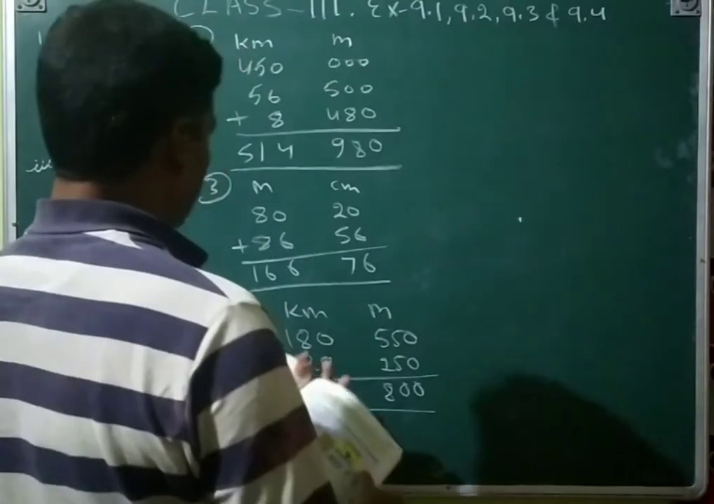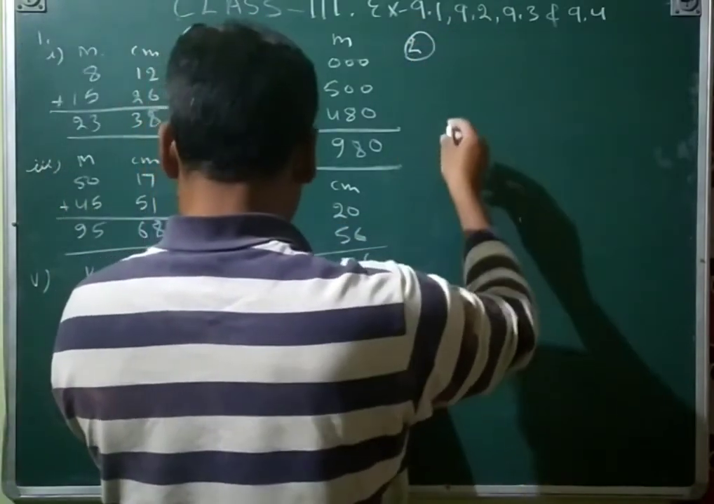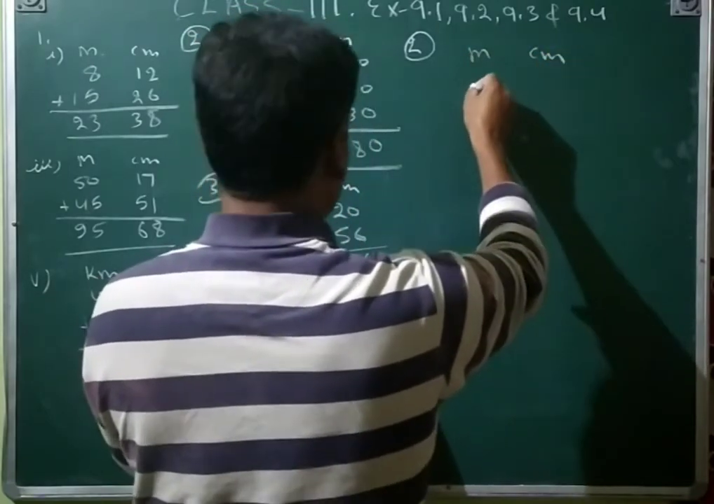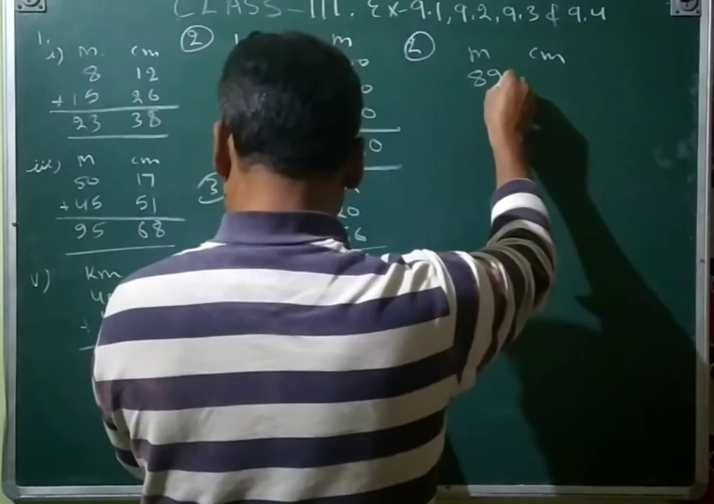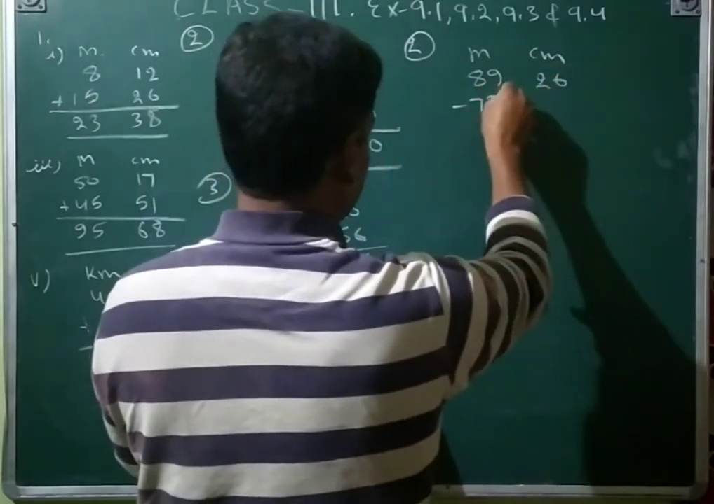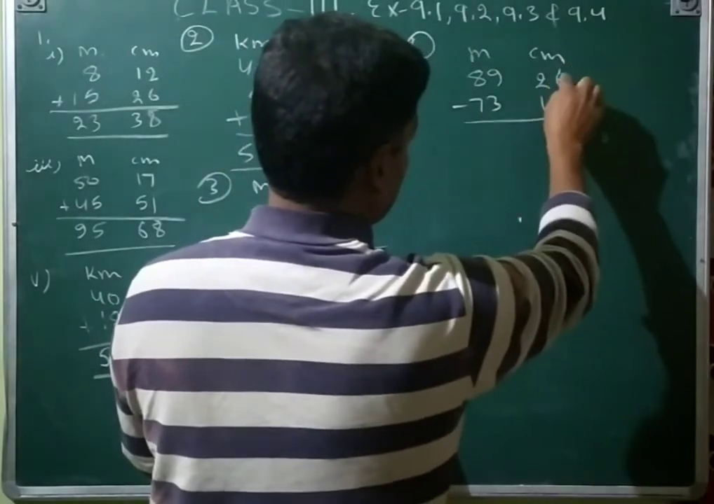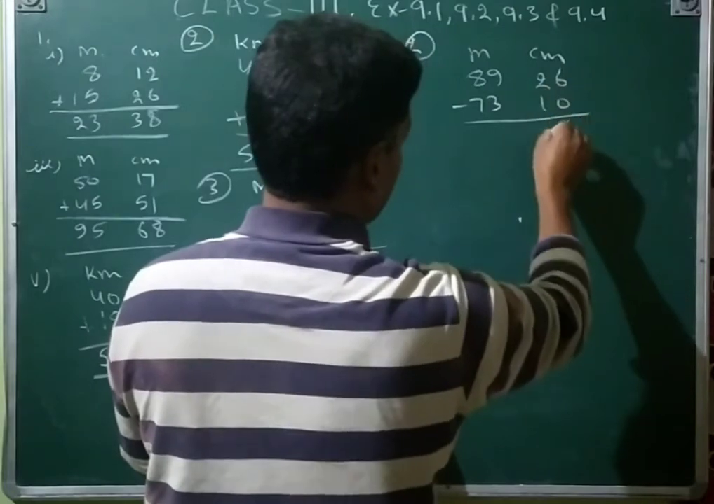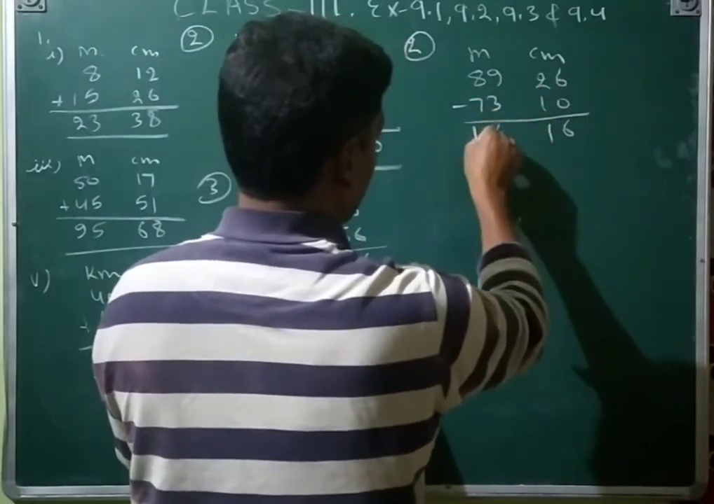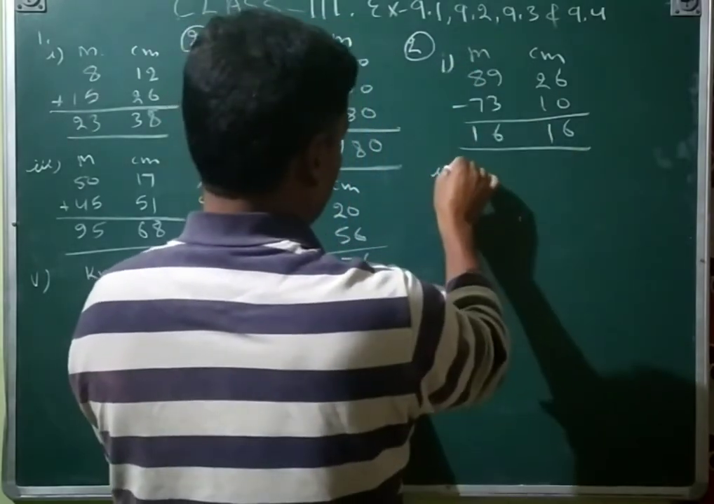That second question, subtraction: meter, centimeter, 89, 26 and then minus 73, 10. 6 less 0, 6; 2 less 1, 1; 9 less 3, 6; 8 less 7, 1. This is the first part. And then third part,